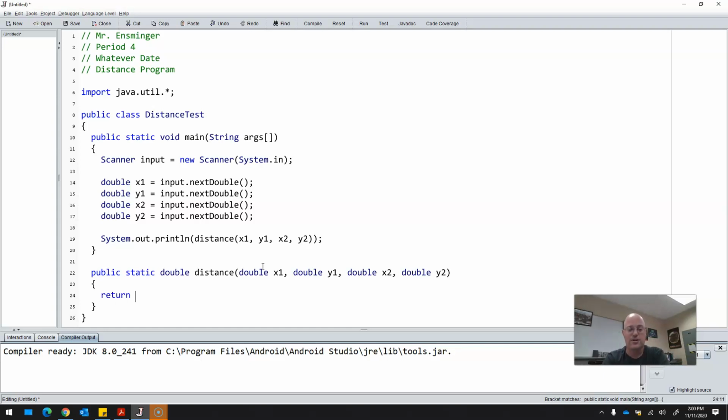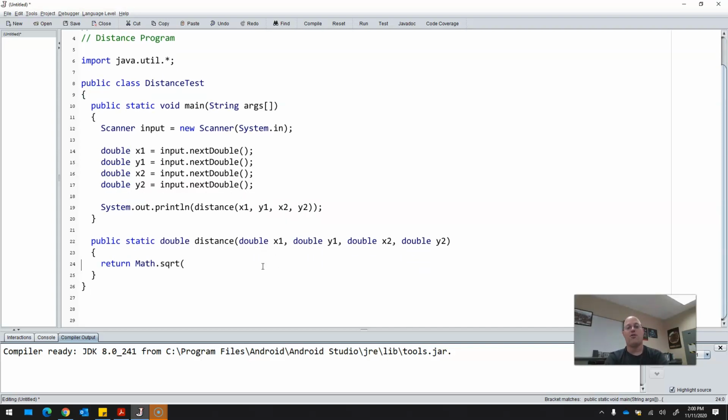So if I say return the square root, which of course everybody knows in Java, to call the math library method, you say Math dot, all the methods are static coming from the Math class. So capital M Math square root of quantity x1 minus x2, and you're going to square that. So just to make my life easy, I'm just going to take quantity times quantity, that's the quantity squared, plus y1 minus y2 times y1 minus y2, close that off, semicolon, and of course before you copy it over,